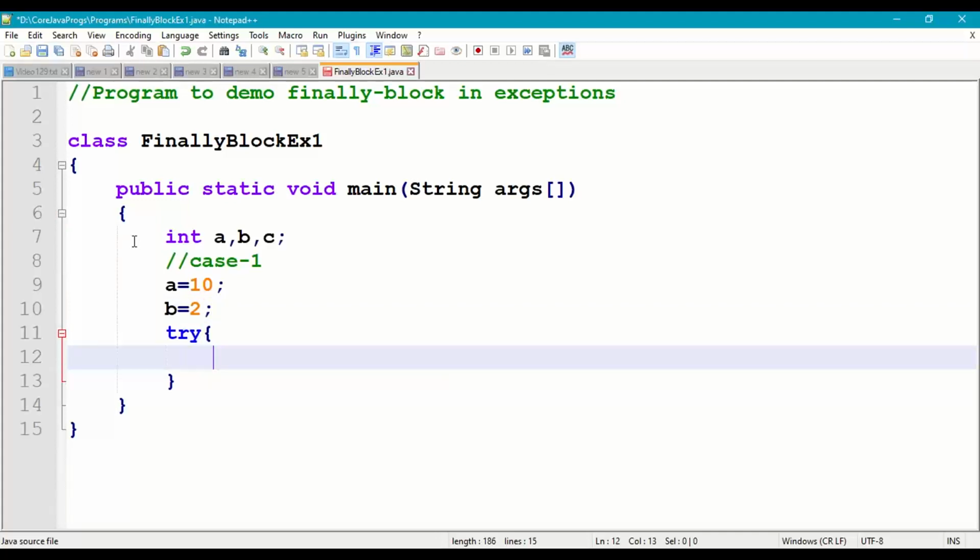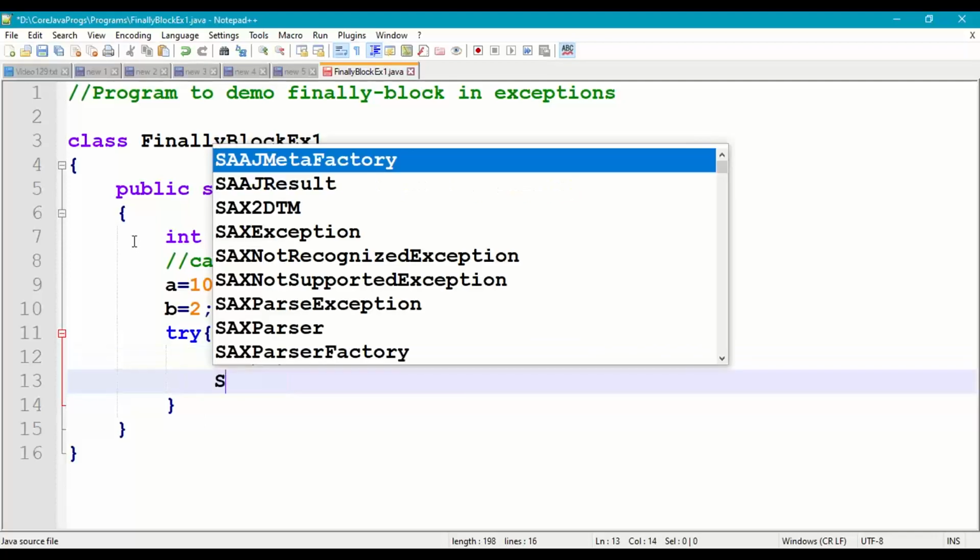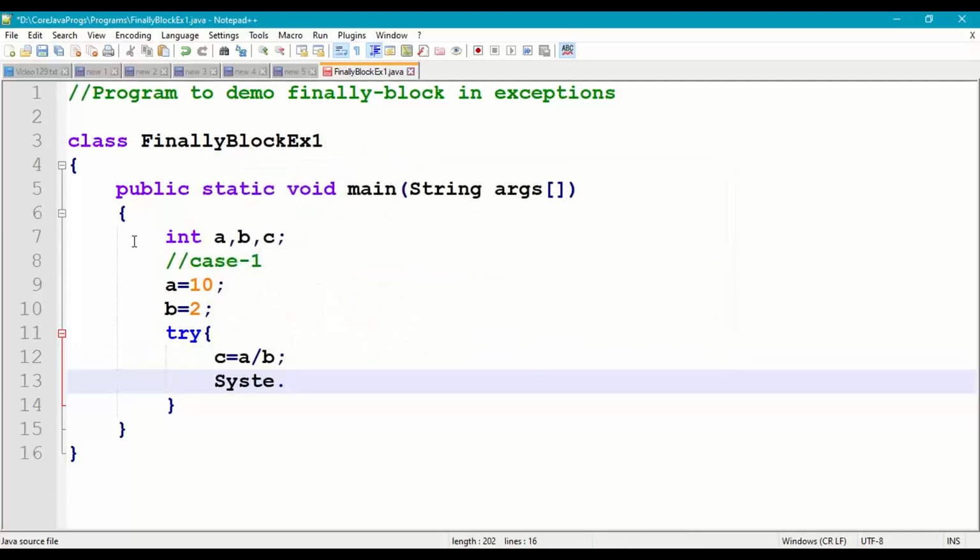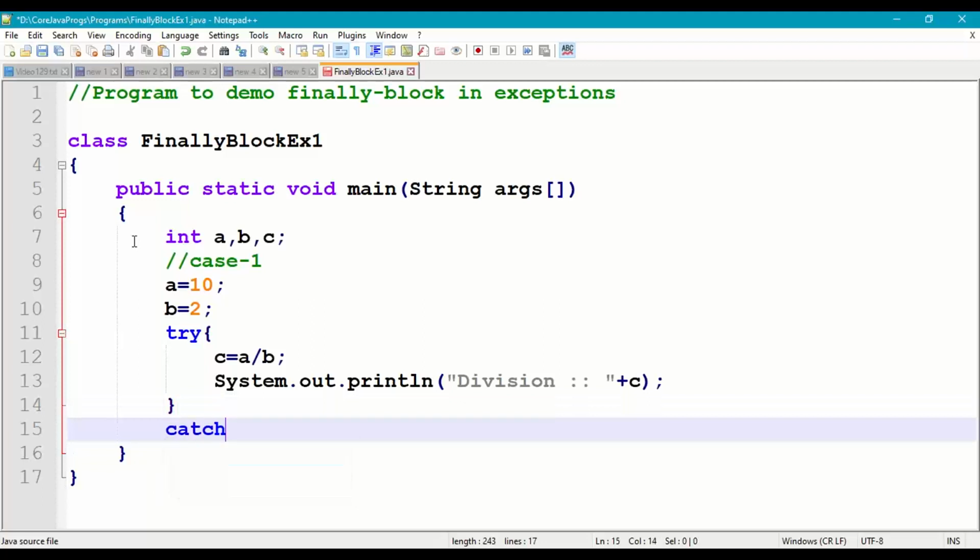Try block: c is equal to a by b, and then System.out.println division is plus c, and then we'll take a catch block,